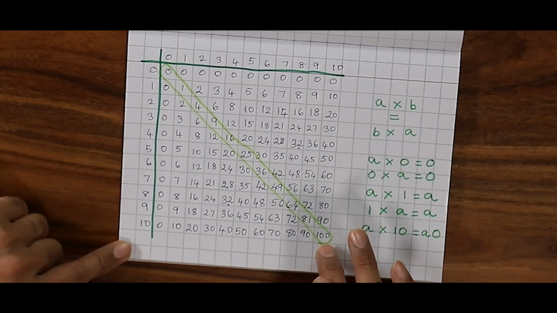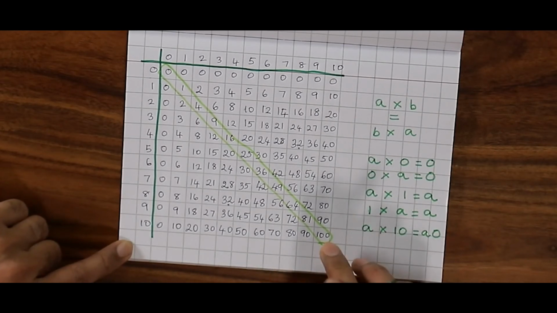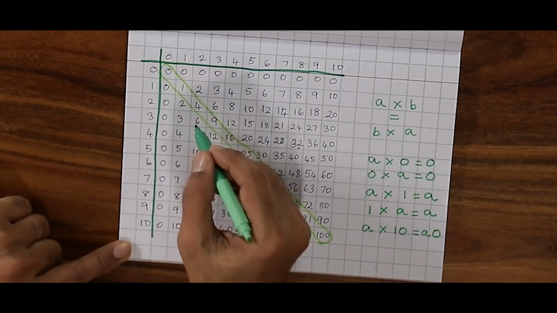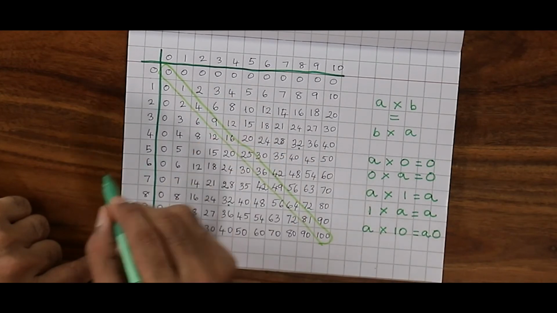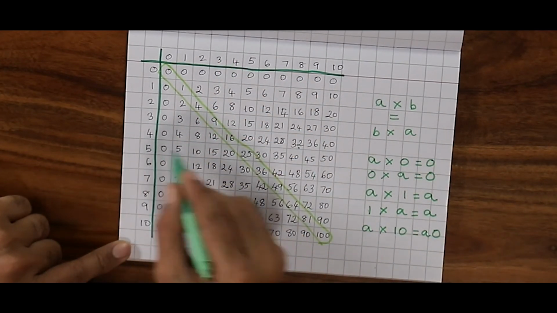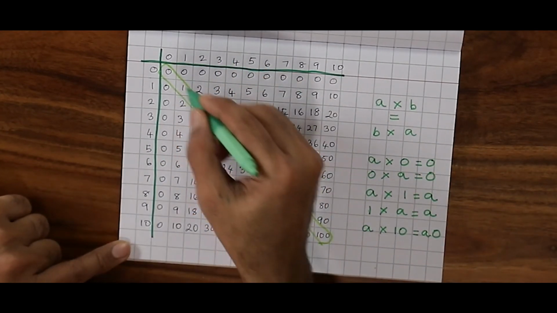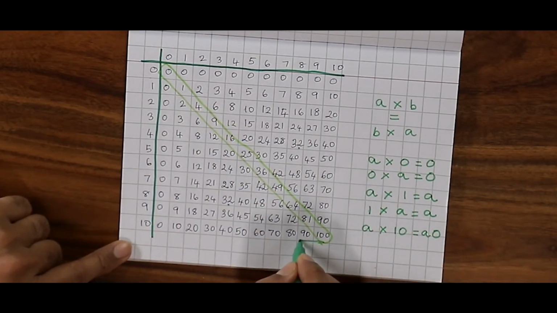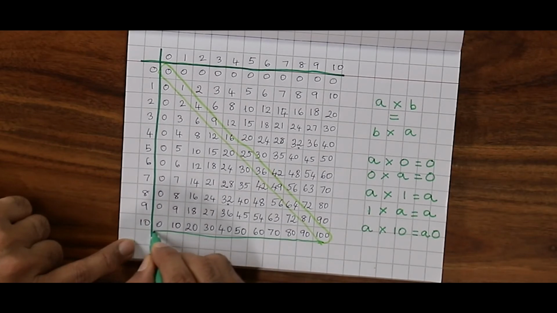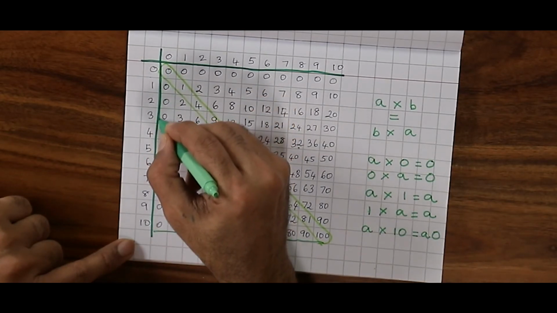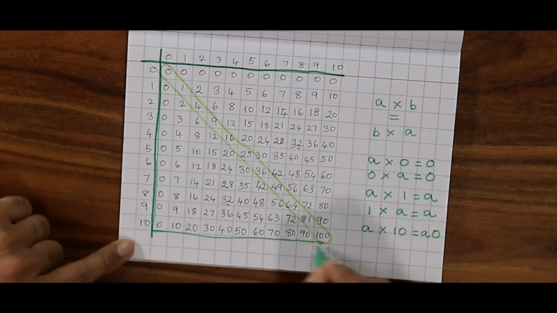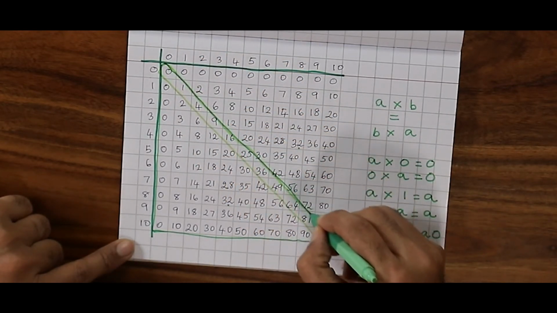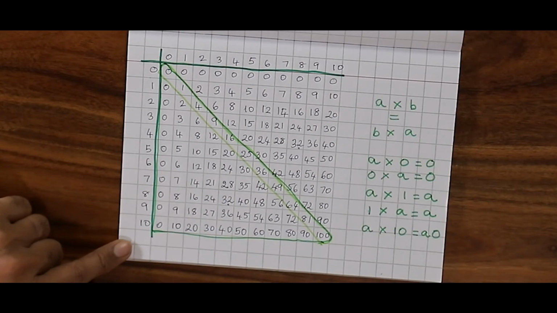The children don't know this concept yet. These are the square numbers. These are all square numbers. 2 2s are 4, 3 3s are 9, 4 4s are 16, and so on. Now, if we learn these numbers, this portion, the square numbers, and this side of the numbers, we know all tables.